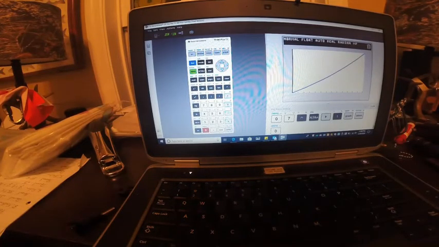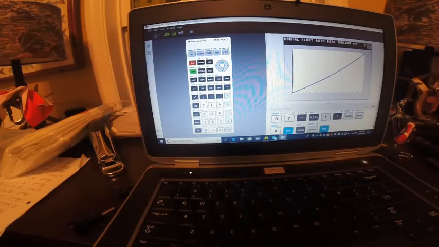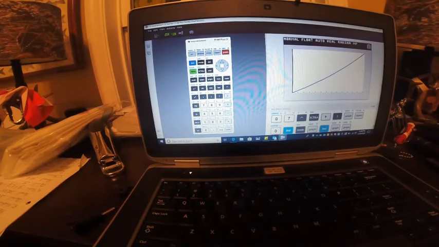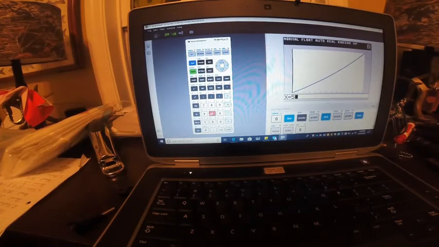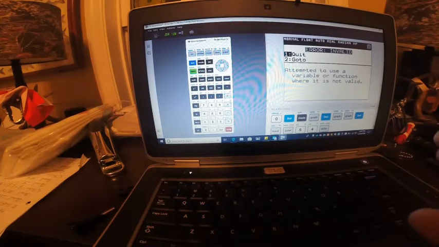Okay, it shows up. Now, the number that I wanted to find here was 54. We found that on our calculator from our regular screen. So you've got a few options. You could go second table and scroll down to x equals 54, which would take you a while. You could go back to your graph and try to find it. You could go second calc, value, 54,